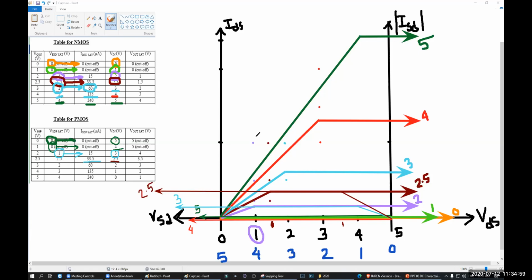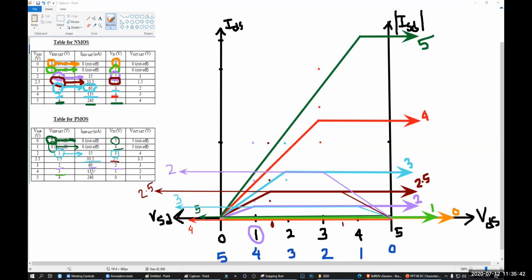Here. For next one, I'm going to choose purple. What is your input? What is your VGS? VGS is 2. 2 is here. What is the current? Current is 60. What is 60? This is 60. So if I draw my arrow here, that's okay. I'm going to draw a linear line here, and I'm going to write the input, that means 2, here.